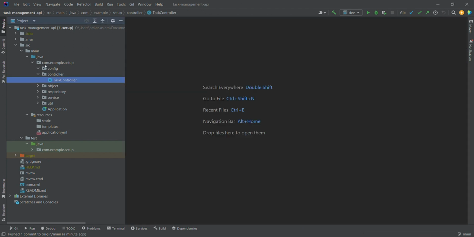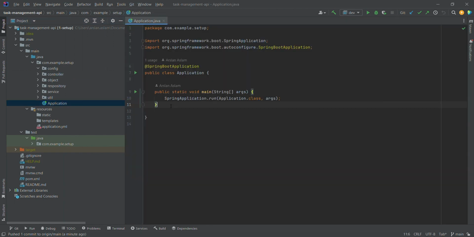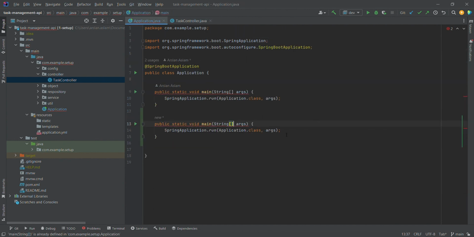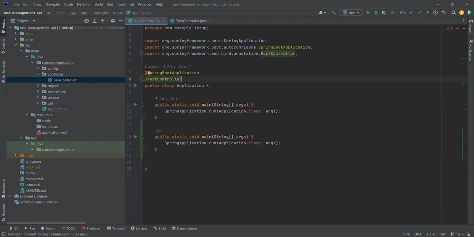But for testing, I just want to have another endpoint that anybody can hit, that returns the main page of this API, like just hit it without any further endpoints like API task, then he should be able to get something. So for this I'm just implementing another endpoint on the application level. So let's just call this thing